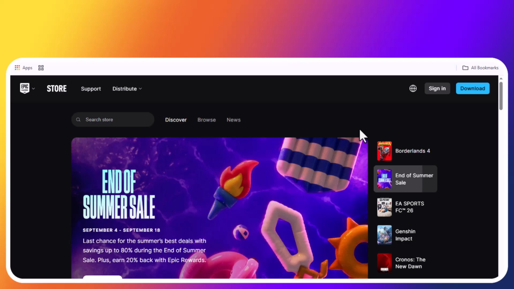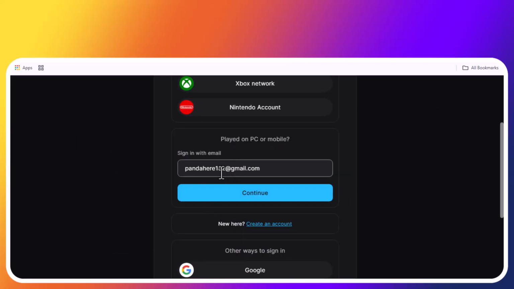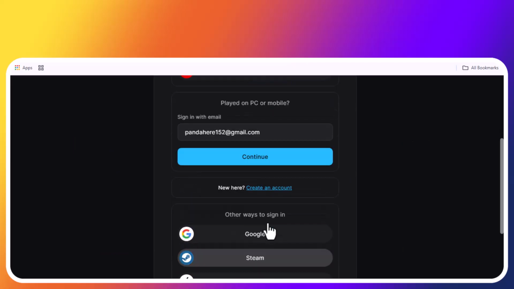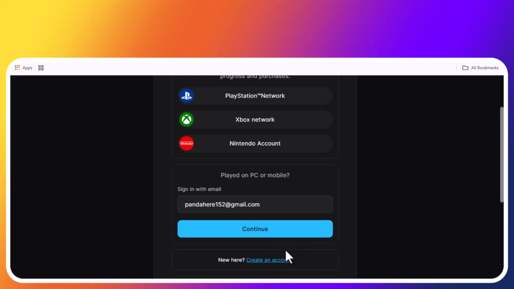If you want to keep your Fortnite or Epic Games account safe, here is how to enable 2FA. Step 1. Log into your Epic Games account from a browser. Go to epicgames.com and press on sign in. Then sign in with your email or Google or Steam, or if you don't have an account, create a new